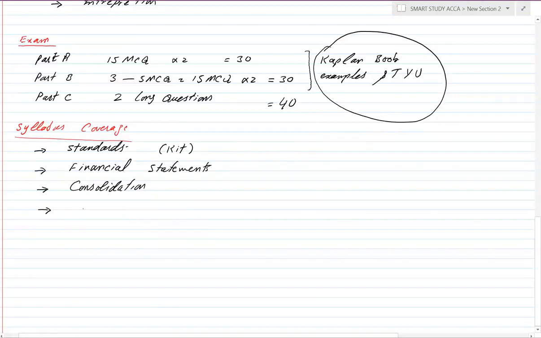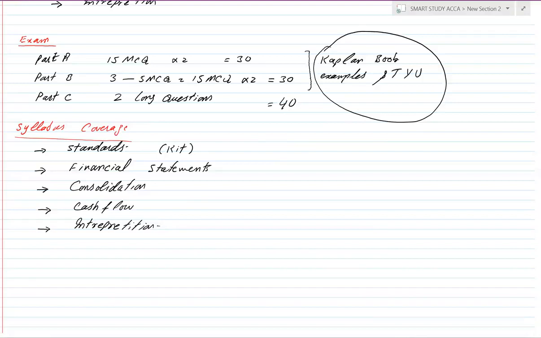After that, we will move towards cash flow questions. And finally, we will cover interpretation. In this way, we will be able to cover our whole syllabus, and we will cover the Kaplan book